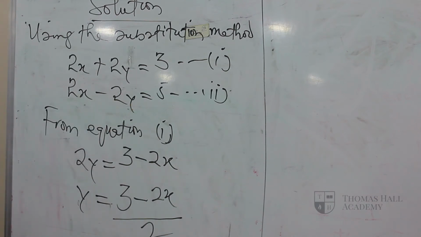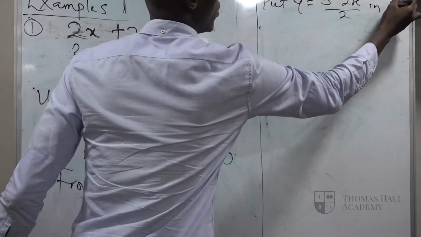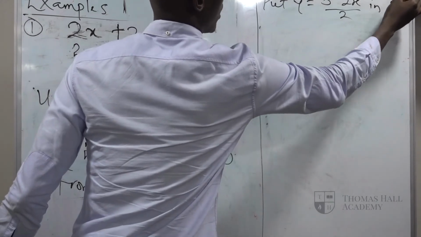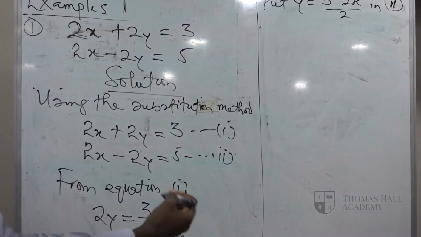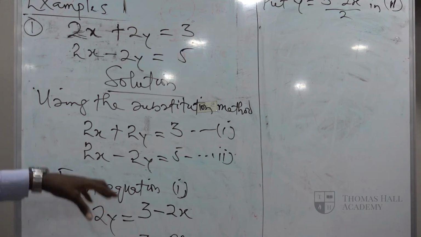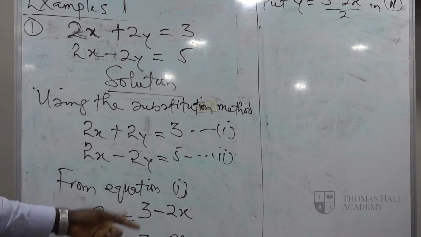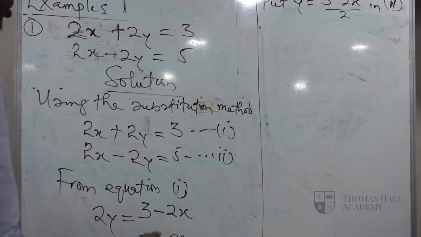So put y equals 3 minus 2x all over 2 in equation 2. You cannot put it in equation 1 again. Just like what you have taken, you are returning to the place. So we don't do that. Rather, you put it in the other equation because we derived y equals 3 minus 2x over 2 from equation 1. So we are going to put that value into equation 2. So equation 2 says